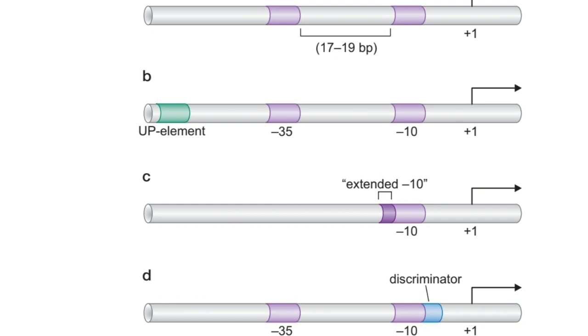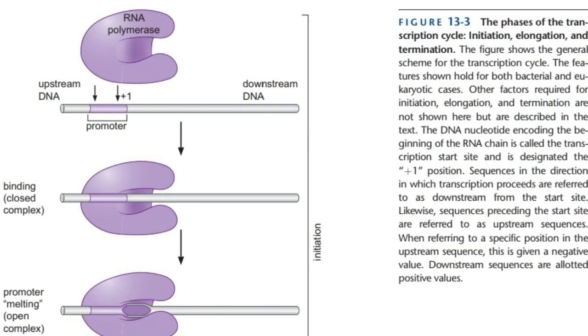So what is the meaning of a stronger promoter? A stronger promoter means how many transcripts it initiates in a given time, how well the promoter binds with the RNA polymerase, and how efficiently it supports isomerization. Isomerization: after the binding of RNA polymerase to the double-stranded DNA, the double-stranded structure starts melting and converts into an open structure. So the closed double-stranded structure converts into open DNA strands. This is known as isomerization. So how efficiently it supports isomerization, and how readily the RNA polymerase can escape.